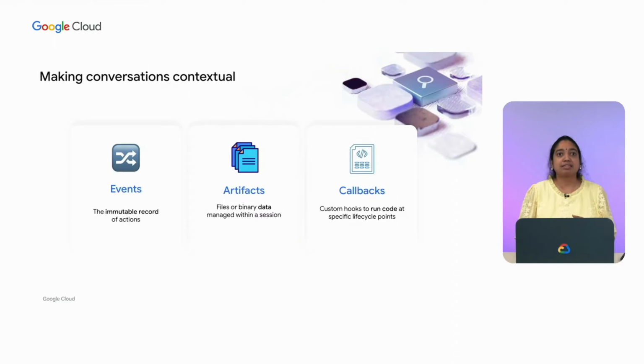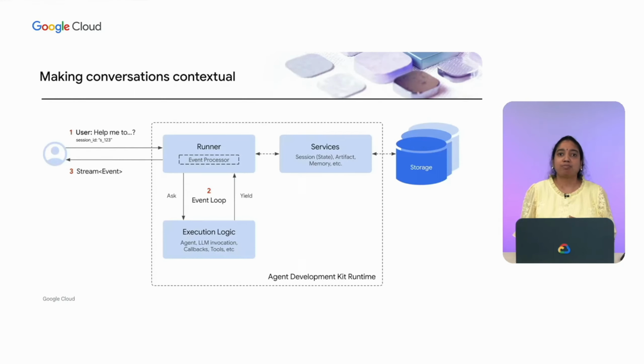It enables the injection of custom logic at critical moments, such as before a tool runs or after a model replies, facilitating tasks like logging, safety, validation, debugging, and external systems. But how does ADK coordinate all these components together? Think of the ADK runtime as the engine of your agentic application. You define the parts, agents and tools, and the runtime handles how they connect and run together to fulfill a user's